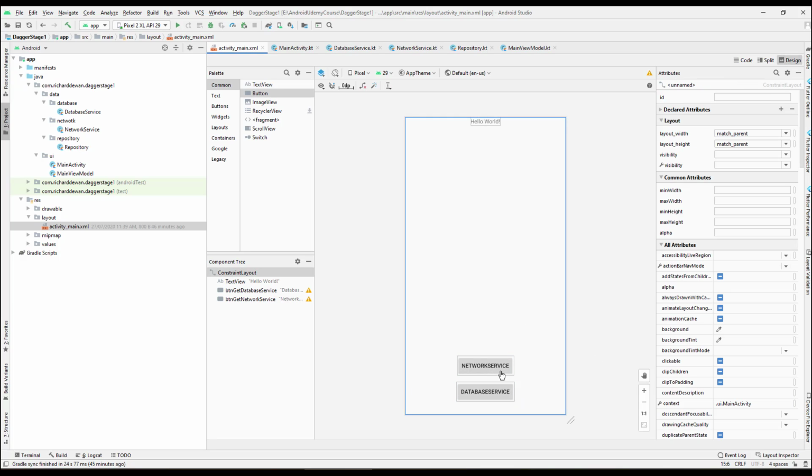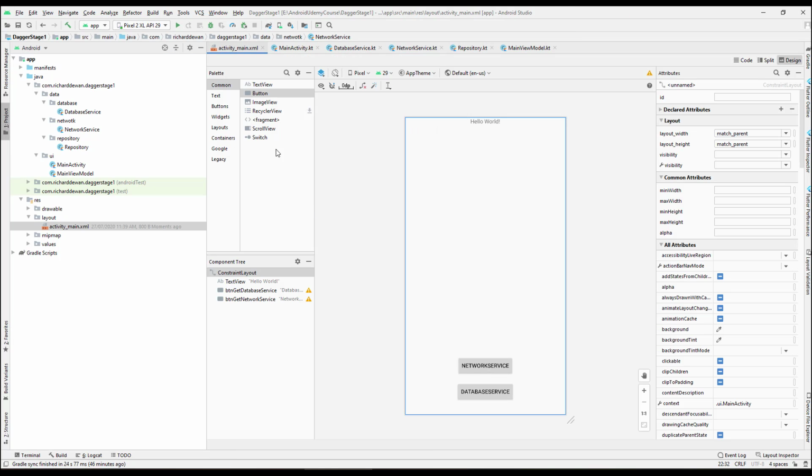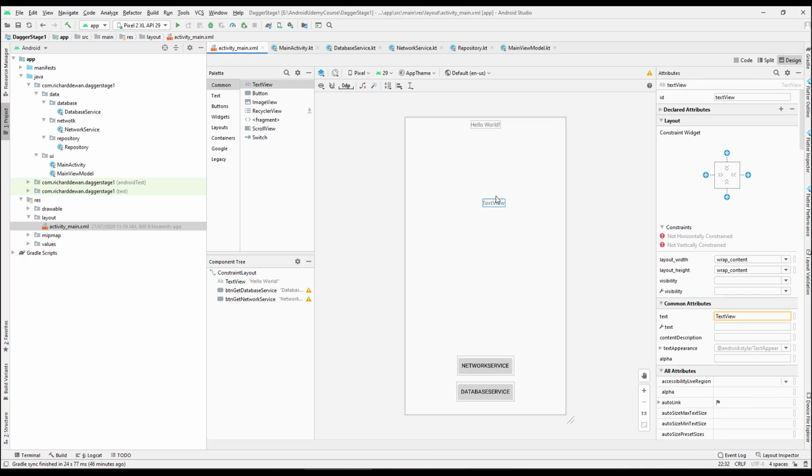So whenever we click on this one, we should get that particular value from here, so database and the network. When we get that one, we want to populate it in our text view. So that's a simple way. We will just add another text view over here,